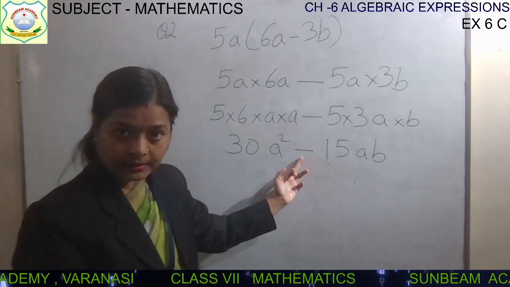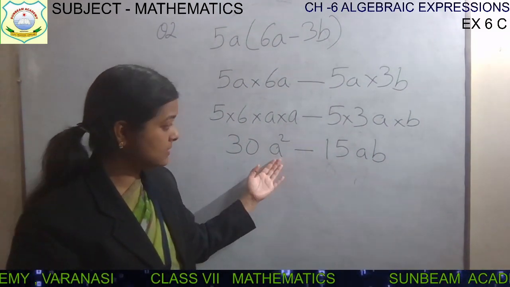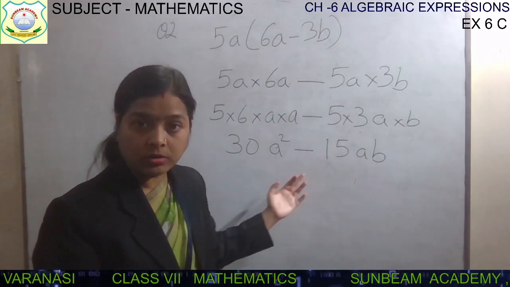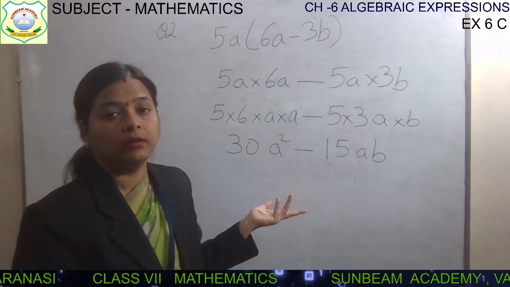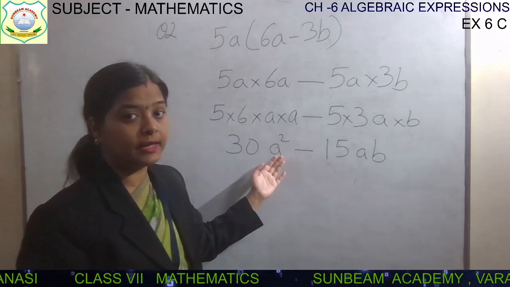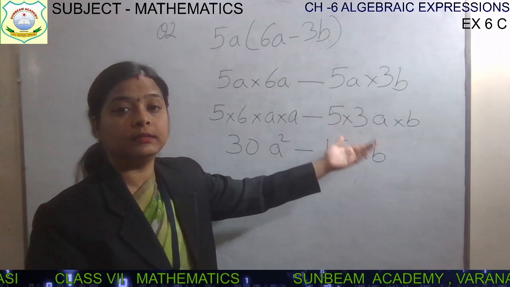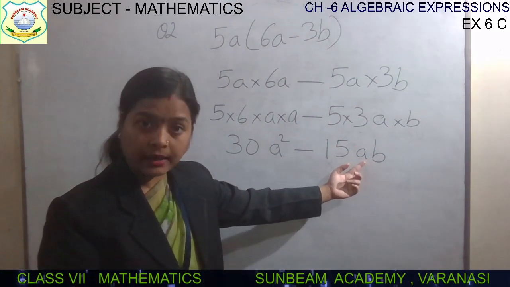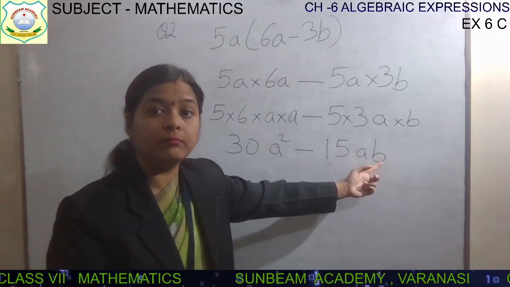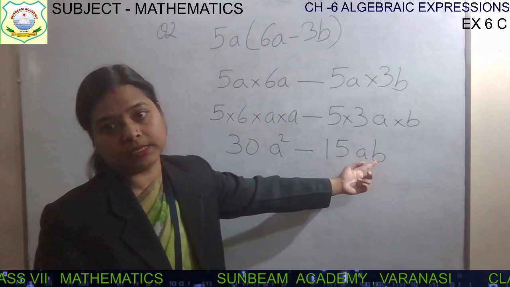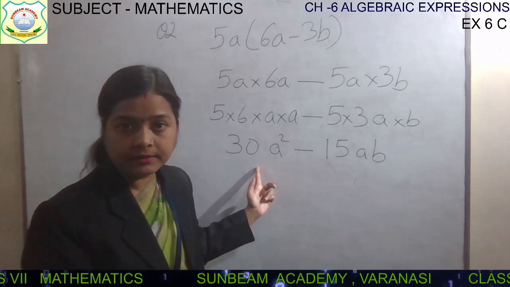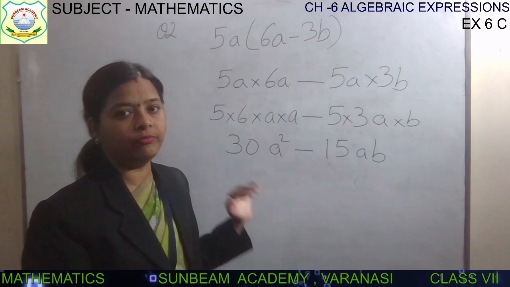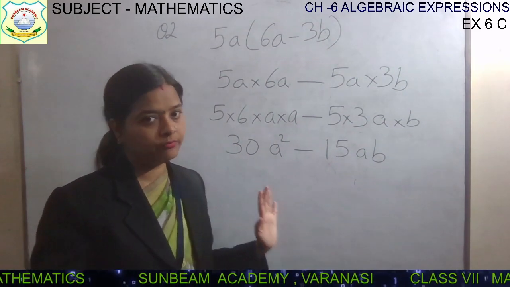Here it is asked to subtract, but we cannot because it is having a square, it is having ab. Variables are also not matching, as well as their power. If a square is there, we need a square on the other side so that we can add or subtract. But on this side it is having a only, power is not matching, and one more extra variable b is there. So these two are unlike terms and hence we cannot subtract them. So this is our final answer.